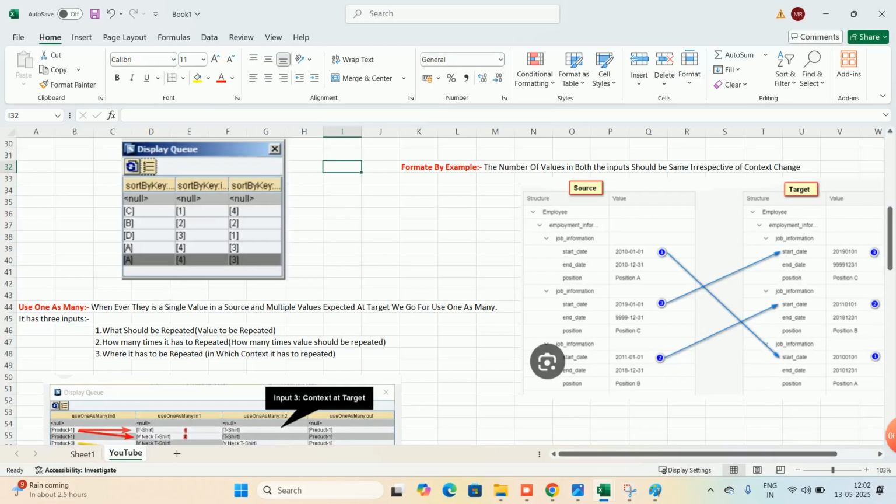Because it is going down. It is 2010, a long period. It is based on the start date. It will be sorted. This start date is 2019.